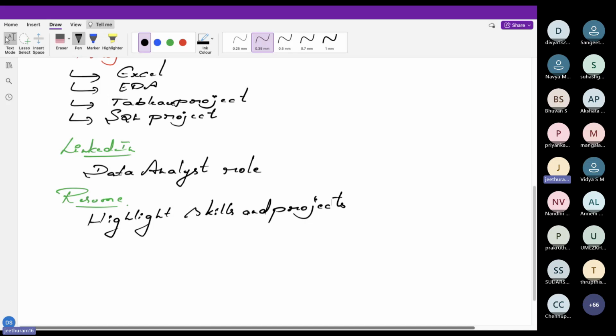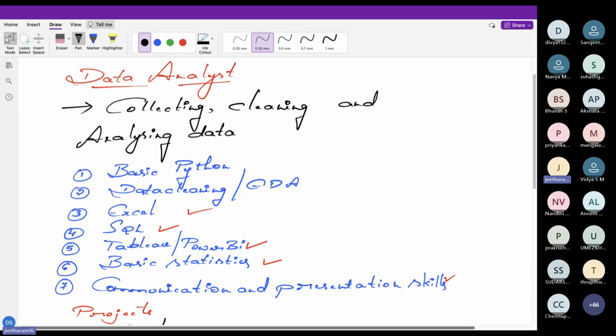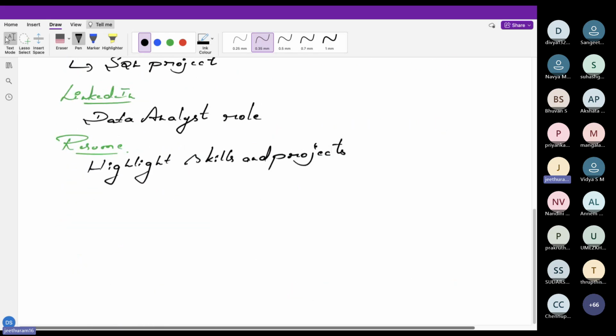Many people say, I keep applying, but my resume is not getting accepted. It's getting rejected. It's not even reaching your manager. Just at the ATS level itself, it's getting rejected. Once you sit in front of a manager for an interview, you can easily clear it. So getting there is the difficult thing. Okay, understood who can become a data analyst. Accordingly, plan and prepare. So the next opportunity that you have is